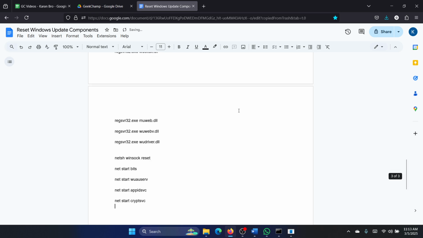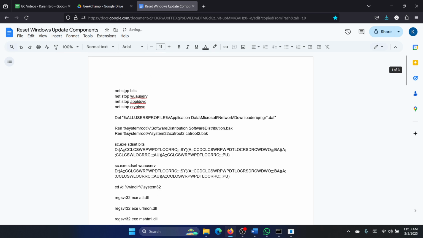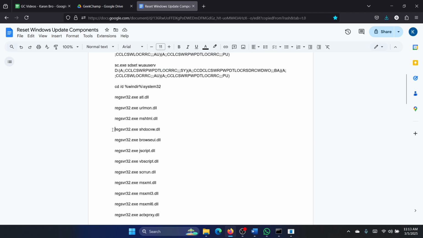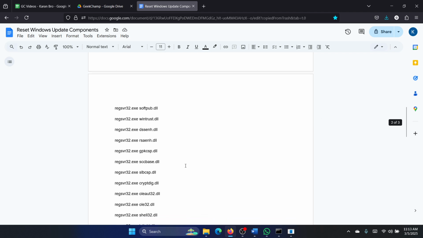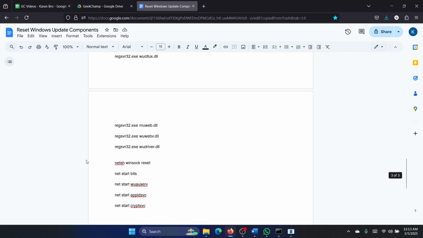Okay, I'll tell you what this script does. It will stop all the services associated with Windows updates. It will delete the Windows update profile. It will delete the contents of the software distribution and cat2 folders. It will re-register the DLLs, and then it will reset WinSock, and finally it will restart the services. So in one go it will fix all the problems, but if it doesn't, then here's what you have to